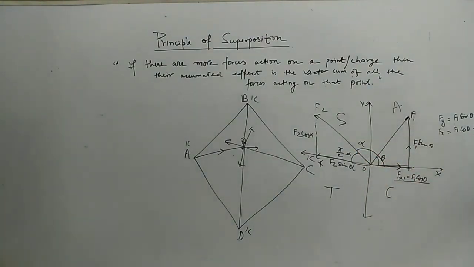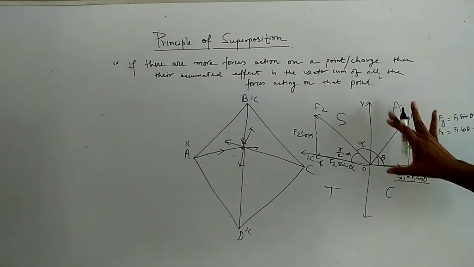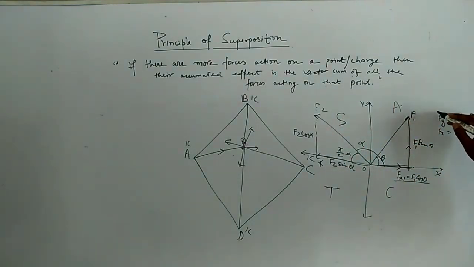I just try to say that the only thing is that first you have to resolve the whole thing, find the resultant of the Fx, resultant of the Fy. Then you draw one right angle triangle where one component will go along Fx, one will go along Fy, and this resultant will be the square root of Fx square plus Fy square.